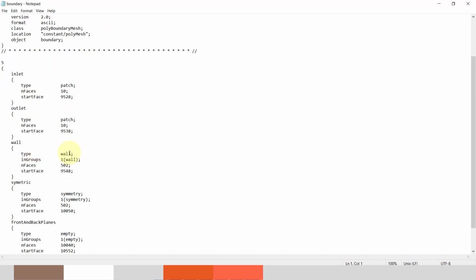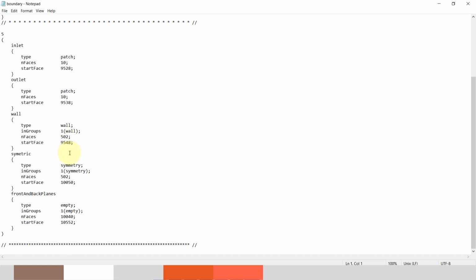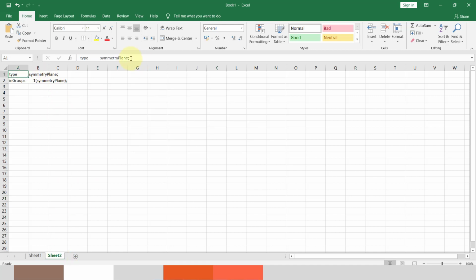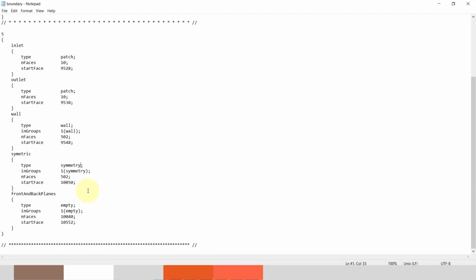Wall is a wall. For the symmetric one, we have to write symmetryPlane. I will change the type to symmetryPlane here. Now we'll save it.